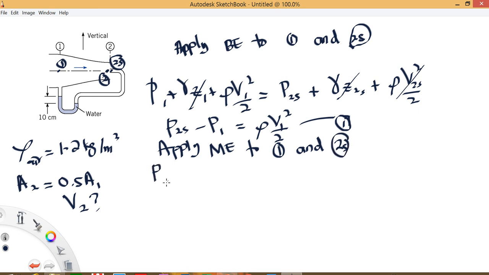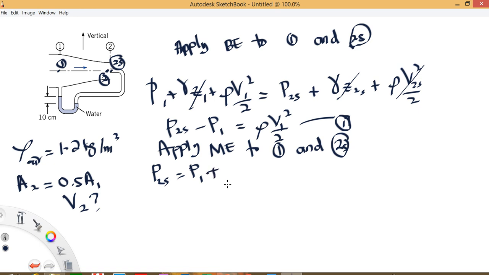So basically P2s equals P1. So this is air. Air, or the effect, can be neglected on the pressure difference. So I will start at this point. So from this one to this point is going down. So going down, you must